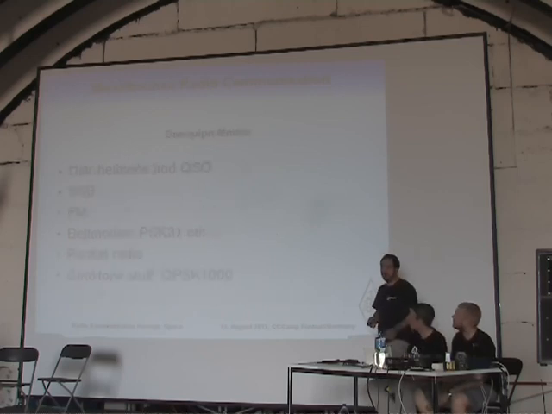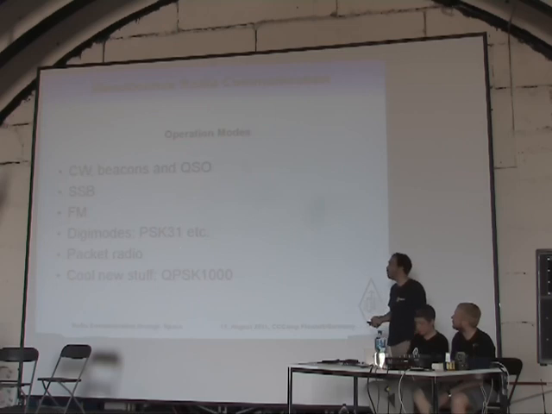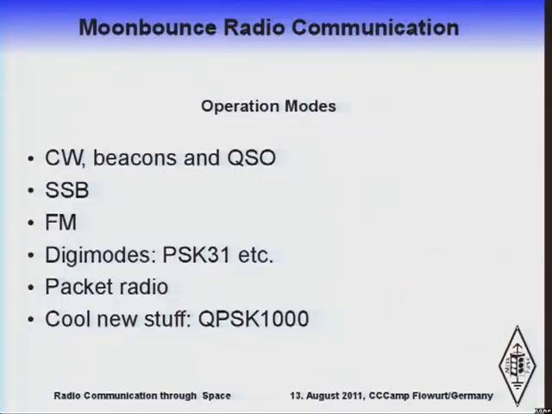Okay, what can you do with a satellite? You can do almost all modes from terrestrial communication. You can do CW. In fact, most of the satellites send beacons where they transmit their current state, like: I'm a little bit hungry, give me more sun, or I feel a little bit cold, or a little bit hot, or I'm in a very happy state, or I'm in an emergency state. And of course, you can also do QSO over it.